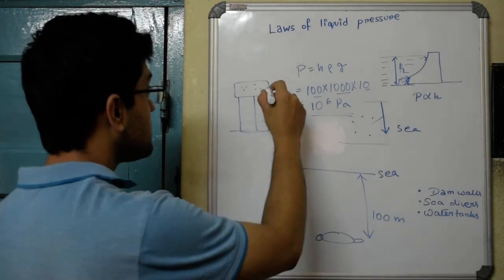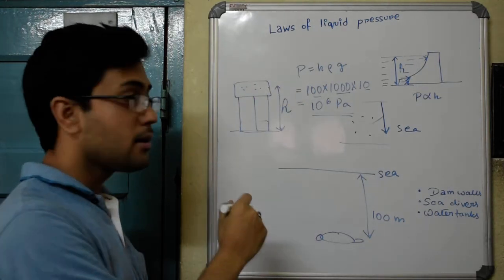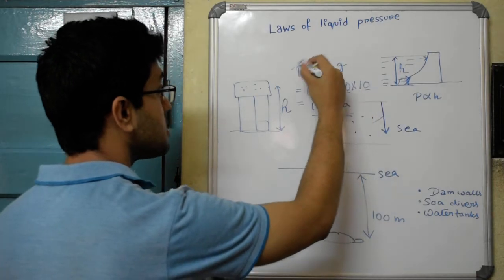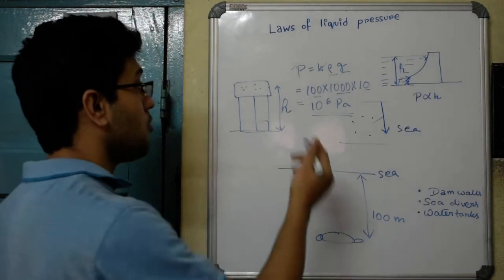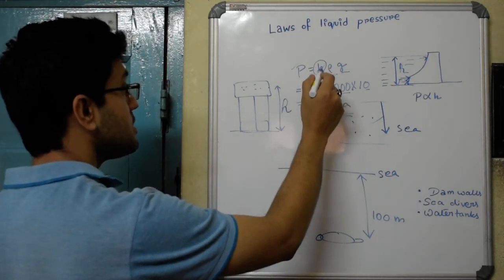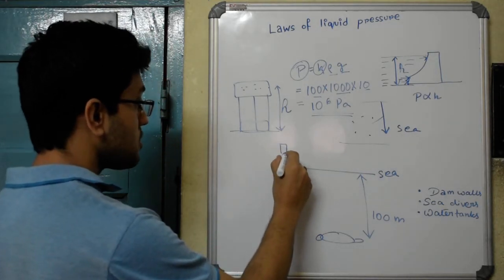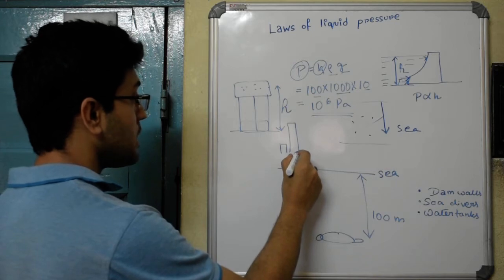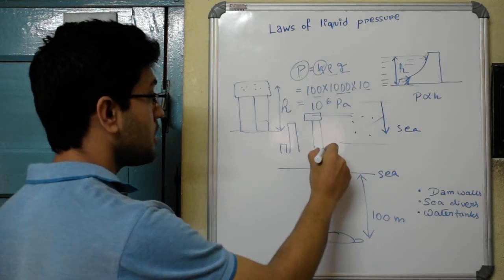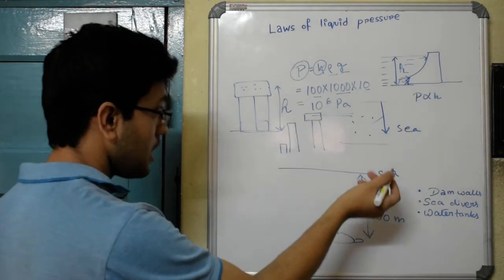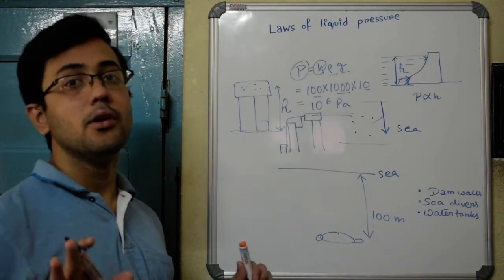The reason is, since the water tank is at such a great height from the ground, this h is much higher. h higher means pressure is also higher. Density and gravity are not in our hands. They are constant for water. What we can change is the height. So by increasing the height, the pressure of the water is high. As a result, whether you stay in a 1-story building or a 5-story building, since the water tank is at the greatest height, somewhere here, when that water is connected by pipelines to your house, it comes at the required pressure.